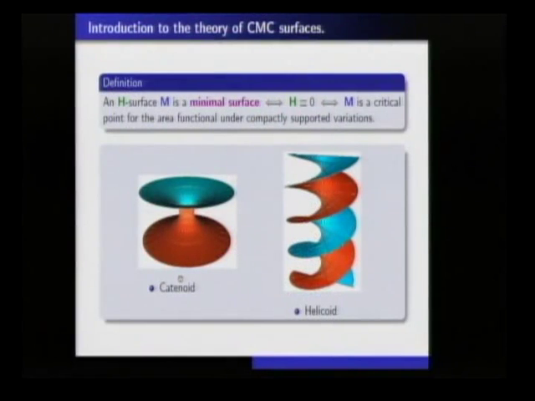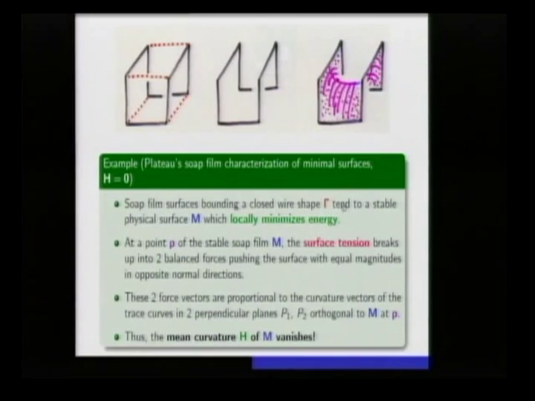And our key examples are the catenoid, and I'm going to talk quite a bit about problems related to the uniqueness of the catenoid today, and the helicoid. The helicoid: you take a straight line, you take a line orthogonal to it, and just rotate it at constant speed as you go up. So those are our two really important examples. Okay, so let me just explain a little bit about this. Sure, everybody's wondered about it. Hopefully my explanation is as good as your own intuitive idea of why your soap films have zero mean curvature.